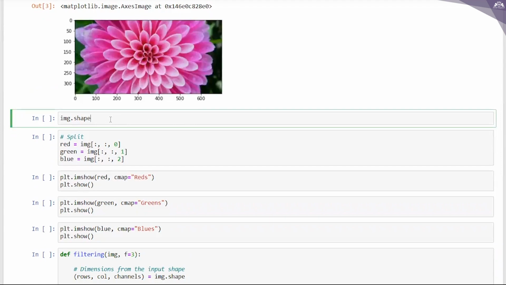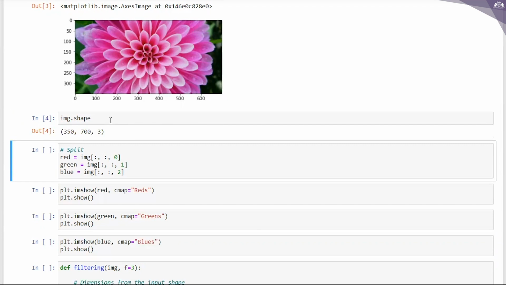But then I wanted to know the shape of this image. So I'm writing img.shape, which says that it is 350, 700, 3. Let me tell you what this is. 350 and 700 represent the height as well as the width of the image, and the last one represents the number of channels.